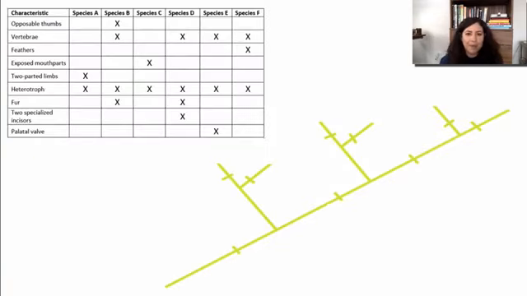Okay, so this is an example that's a little more authentic than candy, but same idea. So this is an example where we are given a data table of traits, and we need to use that to fill in the cladogram. So we're going to do the same thing here. We're going to want to look at our table